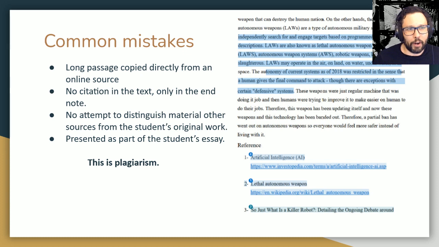So part of the problem here is that even if this was properly cited, why is the student using such a long quote in an essay that should be their own words? Right. So this is not just a problem of citation, but even if it were just a problem of citation, it shows low effort and an attempt to make the quote count for the student's essay. The fact that it wasn't properly quoted and cited is not accidental. This is deliberate, because this is clearly a case of cheating, a case of plagiarism.